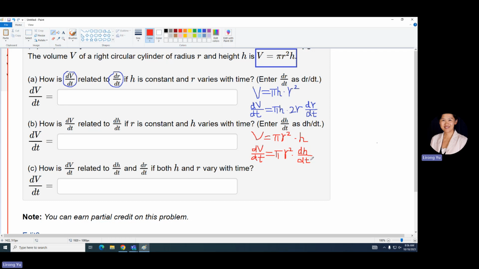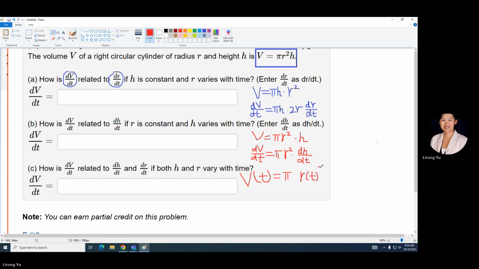Questions? Let's look at the last part. The last part is when both r and h are functions of time. To think of it better, you can think of it this way. V is a function of time, and this is equal to pi times r, now a function of time,